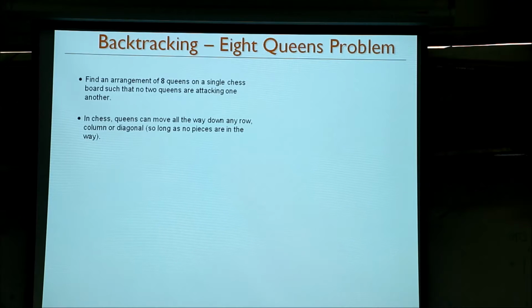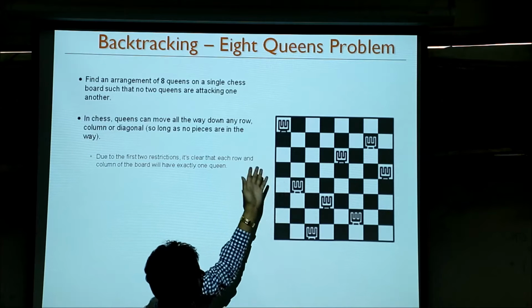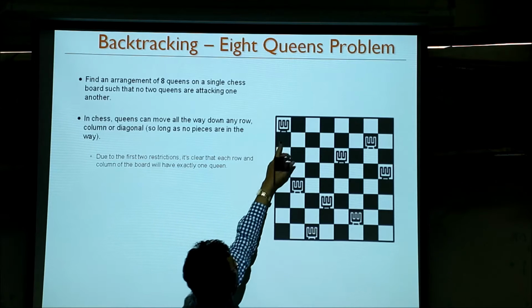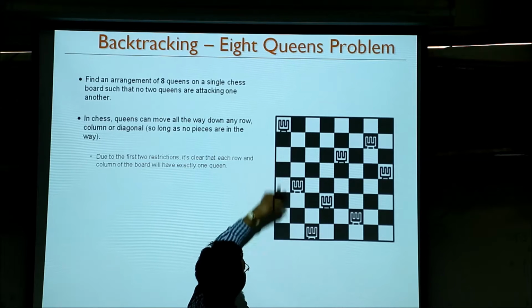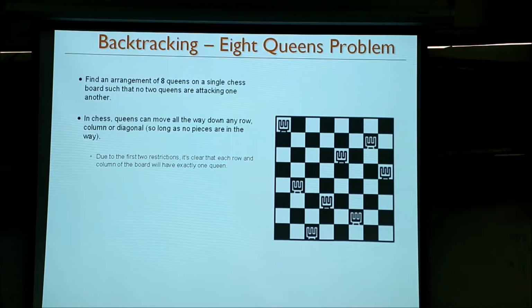Right, so for those who do not know the 8-queens problem or the n-queens problem, you are given a chessboard where you have to place 8 queens such that no queens attack one another. The queens can move row-wise, column-wise, or diagonal-wise. For example, this is one configuration of the 8 queens where none of the queens can attack one another, because if you have this queen, then this is blocked, and this is blocked, and no other queen is placed in this row, column, or diagonal.